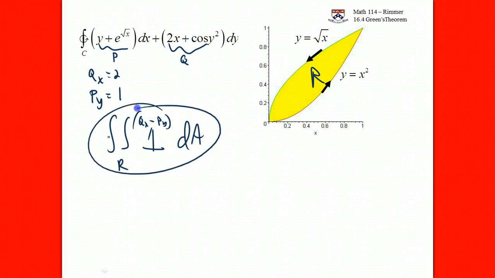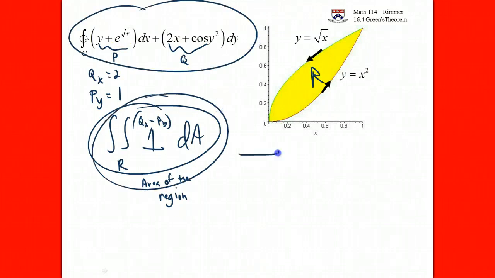And that's more commonly known as the area of the region. Be on the lookout for that. That happens a lot with Green's theorem. Okay, let's trade this in, not for a double integral. Let's go back to Calc 1. If I want to find the area between curves, upper curve minus lower curve. So let's trade this in, we went from line integral to double integral, now to single Calc 1 integral, upper curve minus lower curve